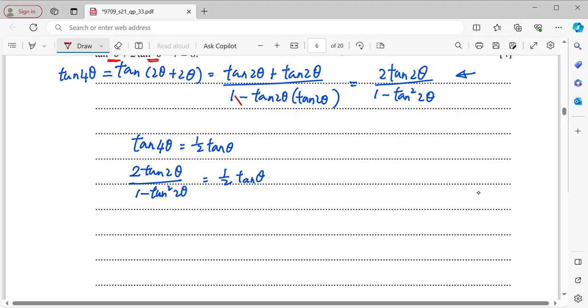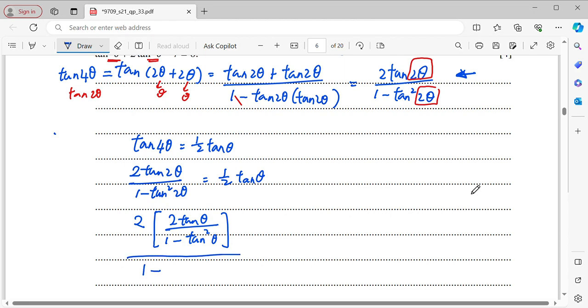So now you can just check. If tangent 2 theta, that means I will change this to 1 theta. So if both 2 theta change to 1 theta, that means in this formula, I will just change all my 2 theta into 1 theta. So that is my tangent 2 theta. Now I will get, just substitute into this formula by changing the 2 theta into theta. So it will be 2 tangent theta over 1 minus tangent squared theta. That is my numerator. Then over